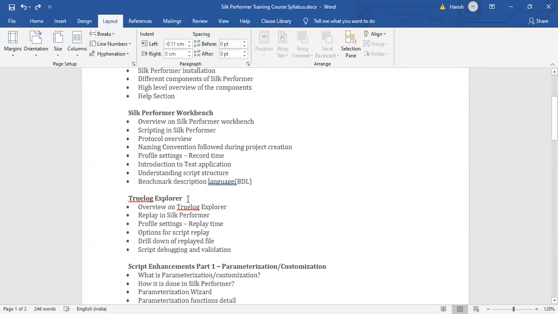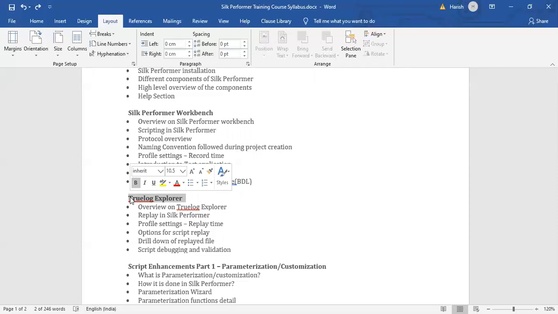Then comes the third section, which is TrueLog Explorer. This is the second most important component of Silk. Now here comes the time to see how replay is done in Silk Performer.